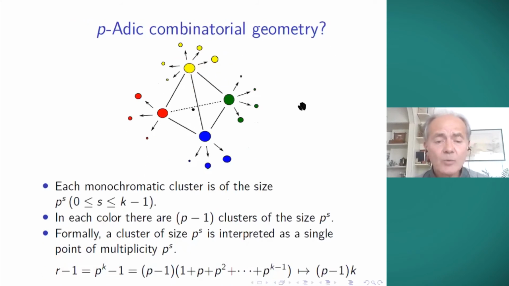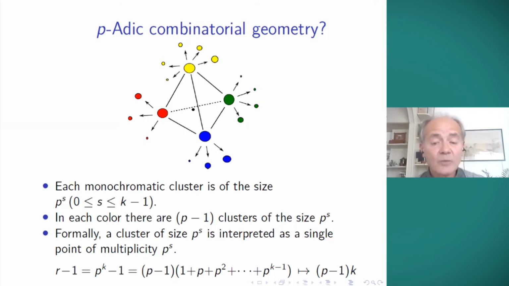Okay. By the way, I like to dream about possibilities, even though sometimes they may not seem very convincing. So I say aloud in front of you, is it possible that there exists p-adic combinatorial geometry? Because these clusters are powers of a prime number p of certain type. And we know it will turn out that we have p-1 clusters of given size, and